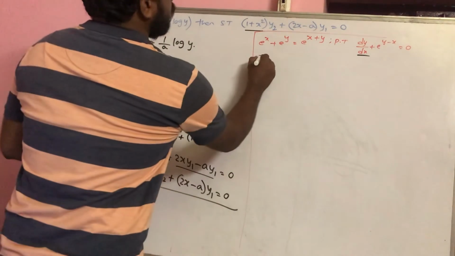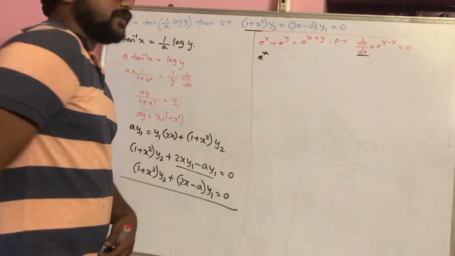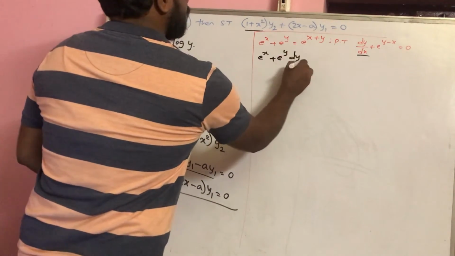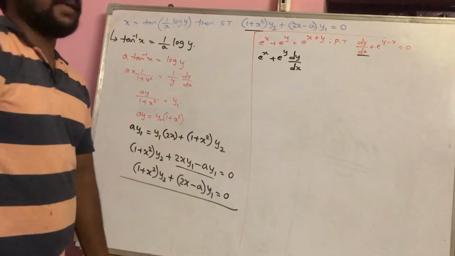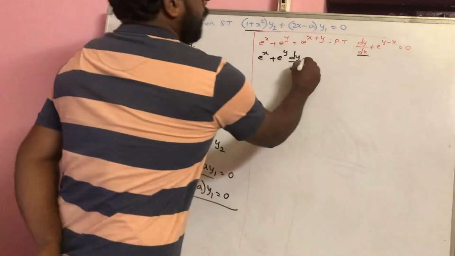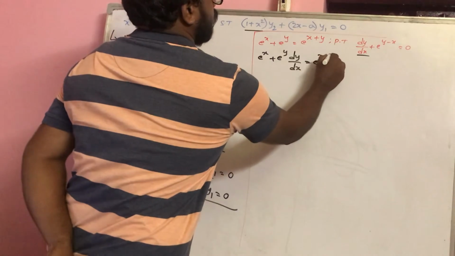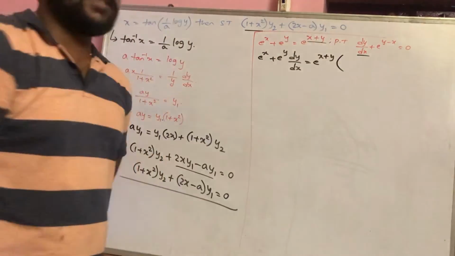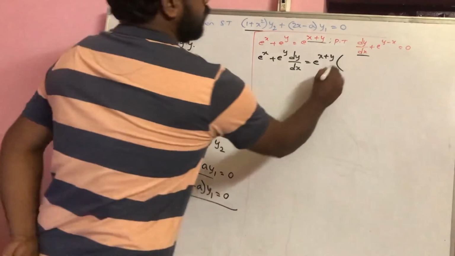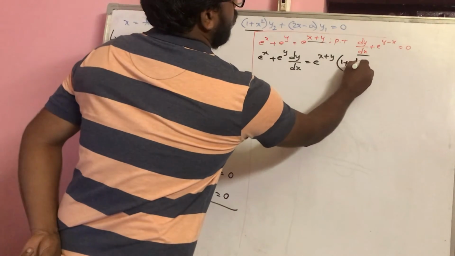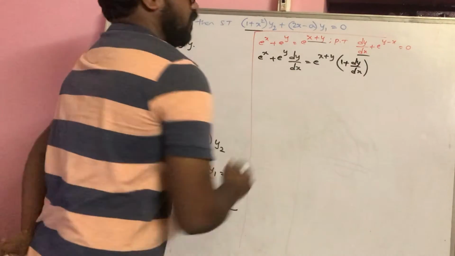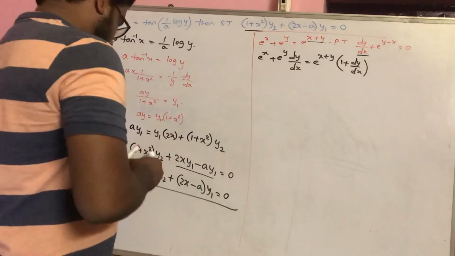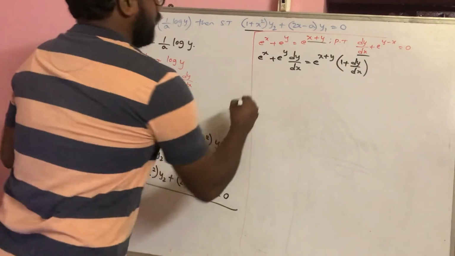So apply the differentiation. The differentiation of e^x is e^x. The differentiation of e^y is also e^y only. But as this is not x, you will be getting another differentiation. Similarly, e^(x+y) is e^(x+y) into, as this is not x, the inner differentiation we have to take. The x derivative is 1, the y derivative is dy/dx. So our requirement is dy/dx. So let us spend some time on getting the value of dy/dx.